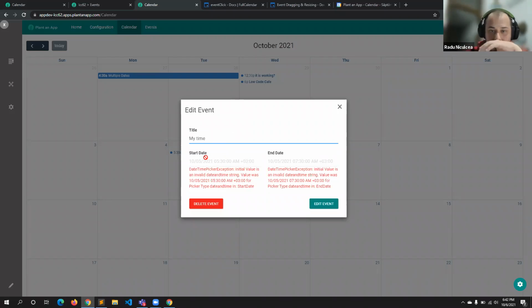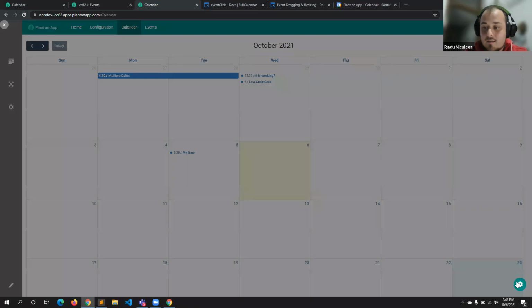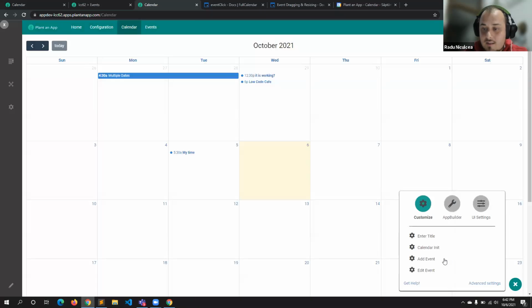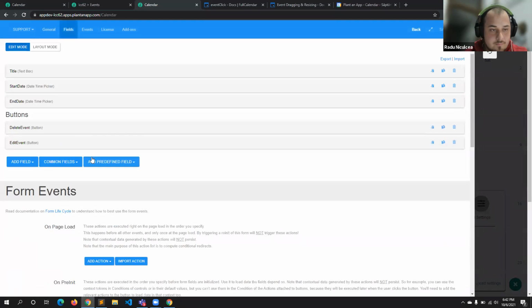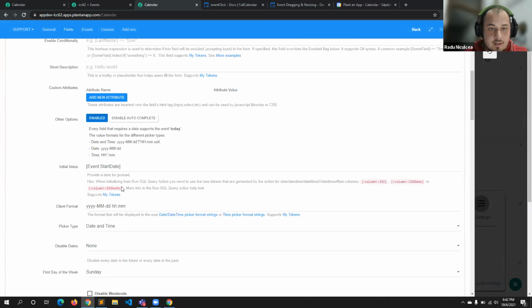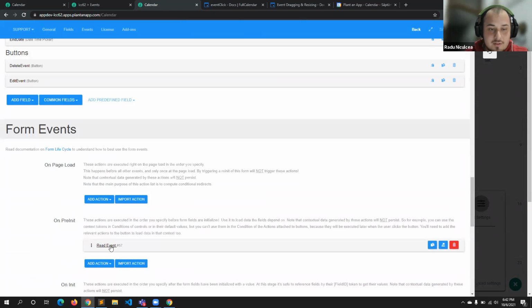So this is populated, but those values didn't populate properly because I didn't pass the proper format for the initial value. Let me correct this in a second. Start date. I think I had to, I never read those, but I should start reading.